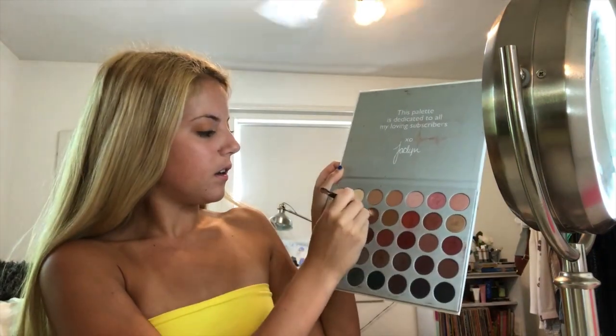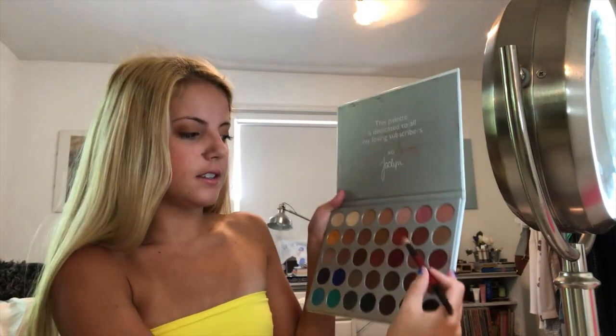And once I've done that, then I'm just gonna go in with a little darker shade. It's like a brown taupey color, and I'm just gonna dab that on. I'm also gonna put that color in the crease. And once we're done with that, then this kind of